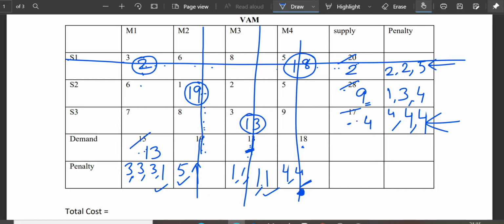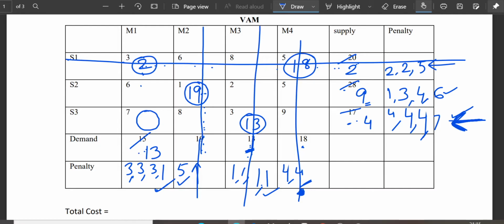Right? So now we will again calculate the penalties to complete our table. Penalties will change on this side because we have made a vertical cut. So come here. Now only one cell is left, so it will become a penalty in itself. 6 here, 7 here. So 6, 7 and 1. 7 is the maximum out of all these penalties, so I will make my entry corresponding to this 7. Just move in the row of S3. This is the only cell left, so I will make my entry here.